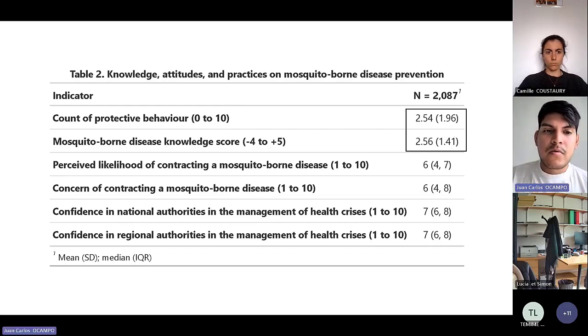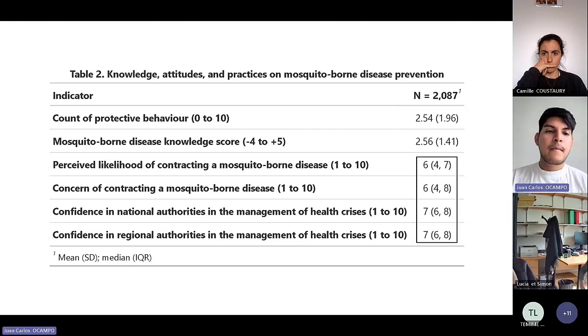Something key to note right here is that interestingly, our mosquito-borne disease knowledge score also is partially measuring misinformation. In order to get to -4, you will have to be misinformed, believing that, say, COVID or diabetes is also vectored by mosquitoes. That's how you get to the lowest part of the range. For mosquito-borne disease knowledge score, we also have a 2.5